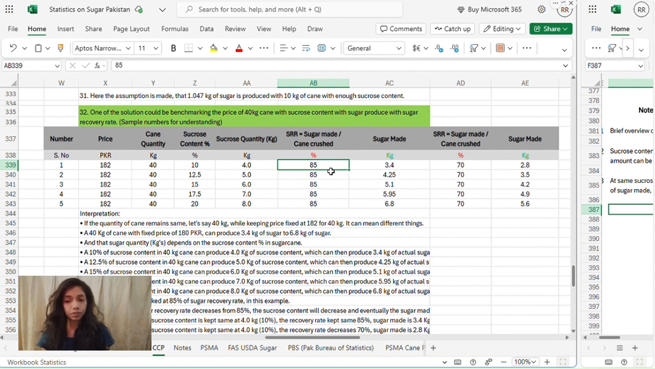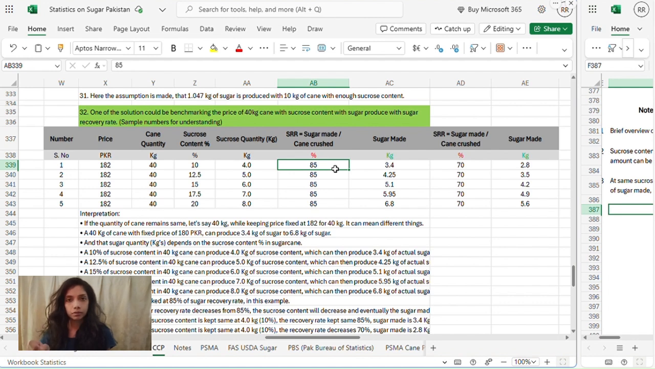Now this sugar recovery rate is quite too high here. Let's say, assuming now this 85%, we can think of recovery rate in a sense. Let's say you have